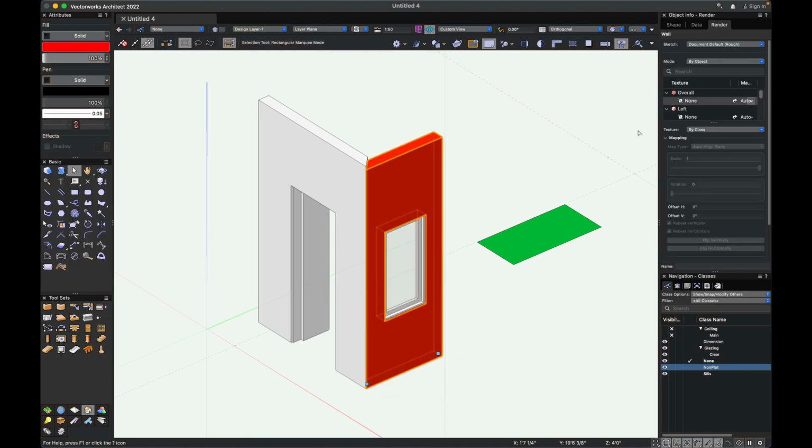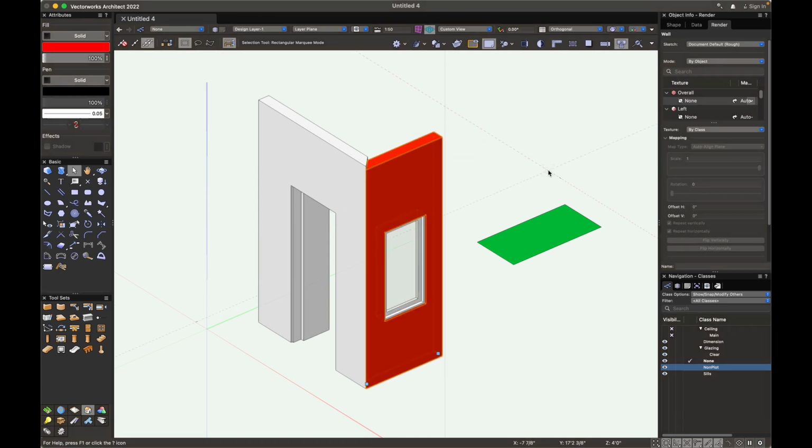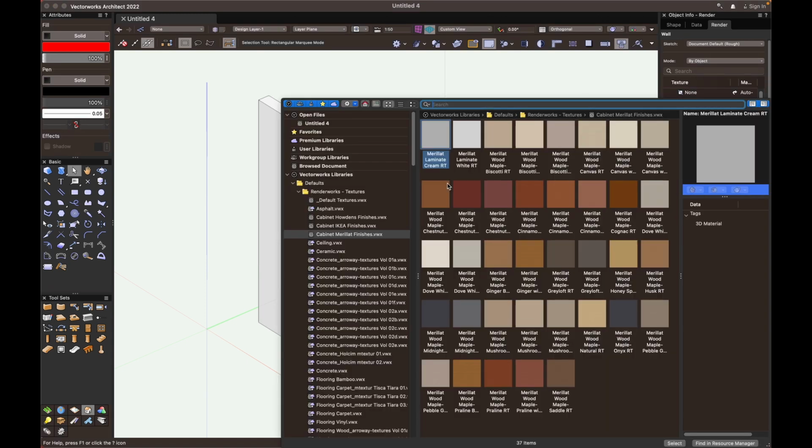But whenever you're exporting your project to some 3D rendering software, you also need the two faces to have different textures, so you can render them separately. So this is where this tab is useful. Just select the texture, set it from by class to texture, and then what you can do is, this is for overall. Now we don't want overall. For overall you want by class, but for the left face we want one texture, and let's say we'll select